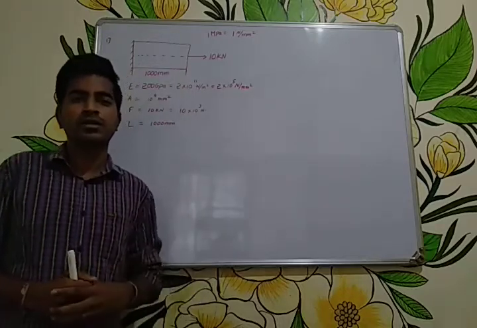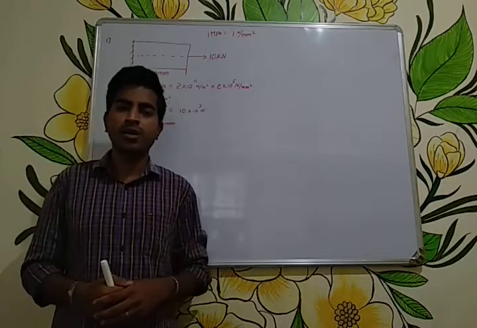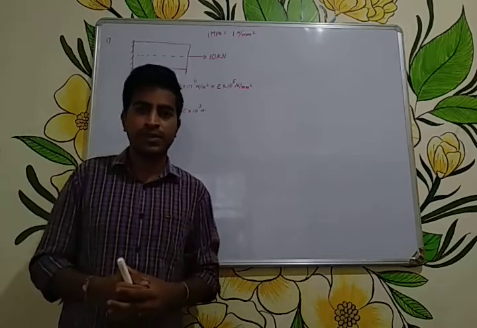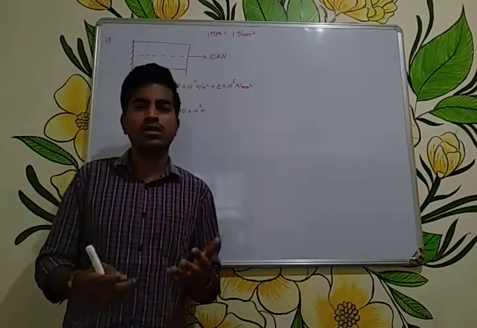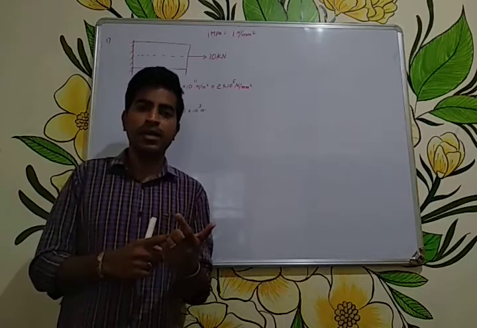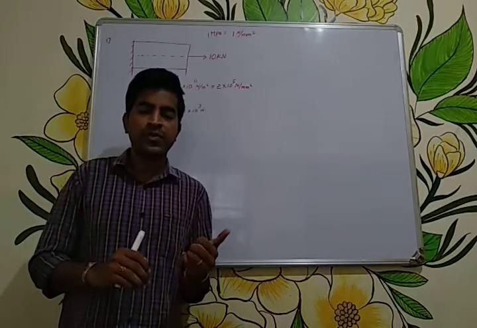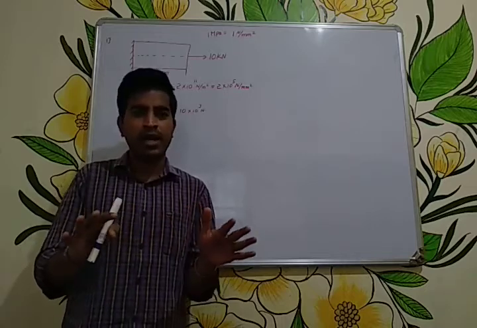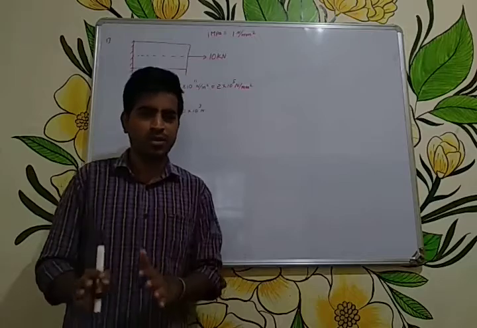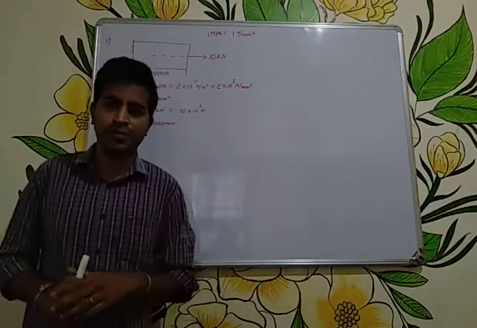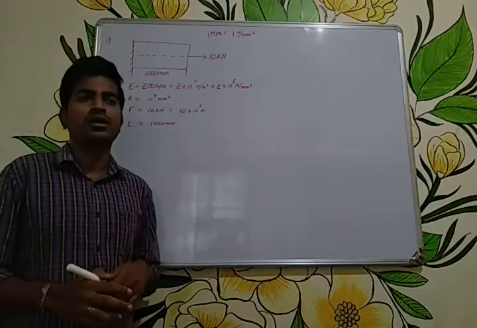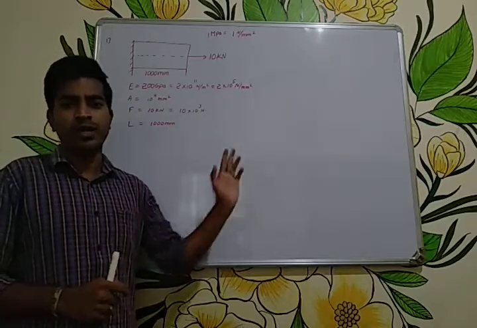So in the previous video we discussed some of the parameters which affect the solution of the FEM. Those are the type of element, number of elements, size of the element, and the location of the nodes. Among these parameters, location of the node is going to be very important from the problem point of view. Okay, so this is the first problem in your textbook. This is about the solution of the 1D bar elements.